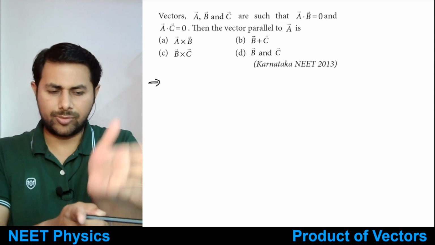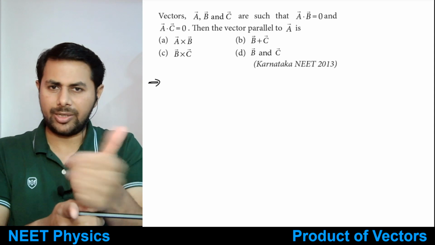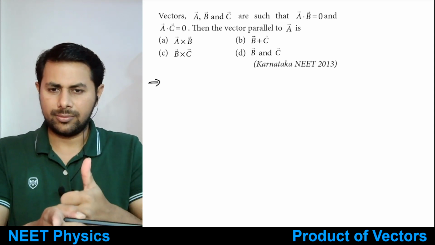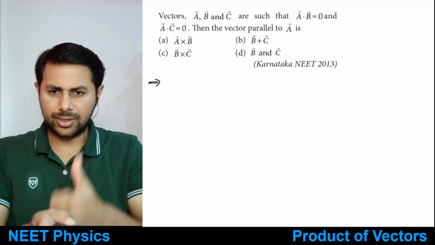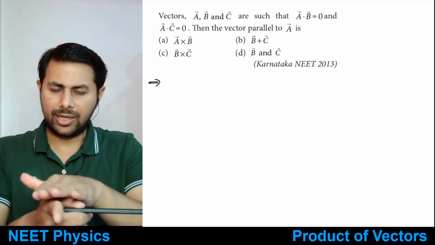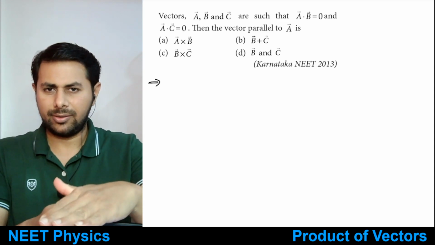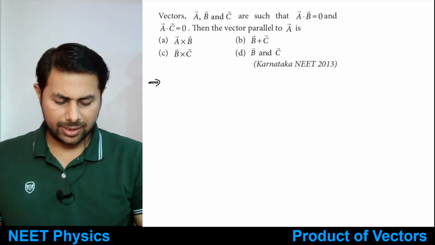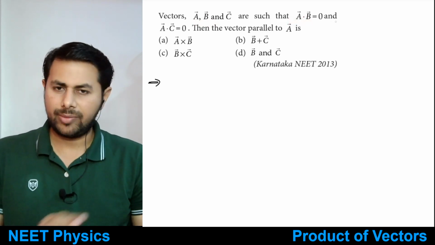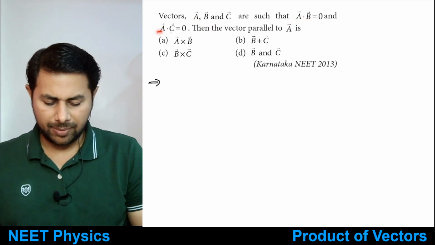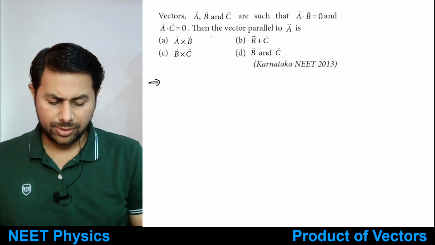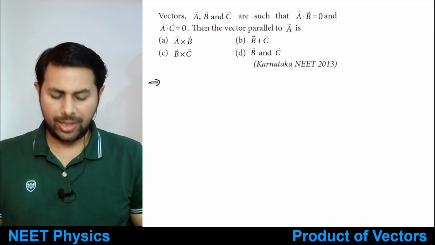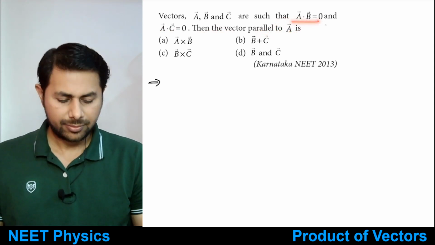Okay, you put your right hand in direction of first vector, curl the fingers towards second and stretch the thumb, right? So the resultant is perpendicular to a bar as well as b bar. Okay, vectors a bar, b bar and c bar are such that a bar dot b bar is equal to 0 and a bar dot c bar is also equal to 0. Then the vector parallel to a bar is, so see, a bar dot b bar is 0 means a bar